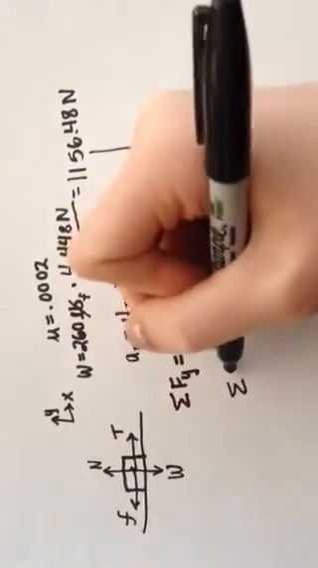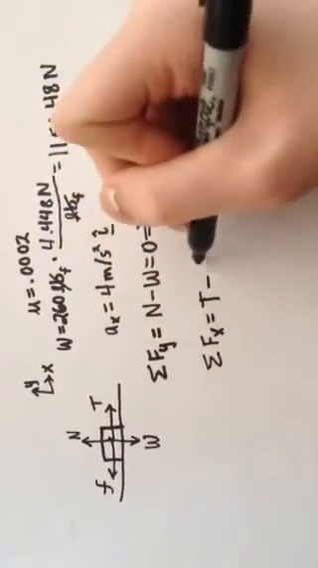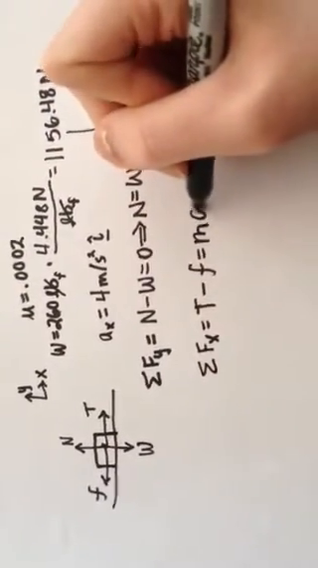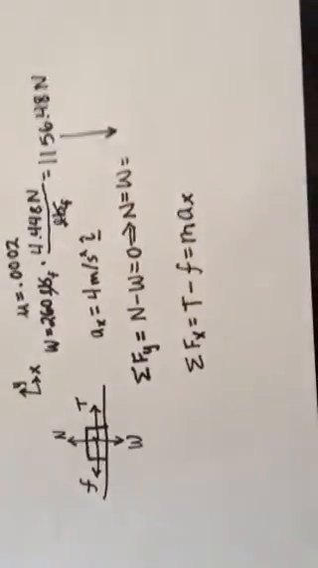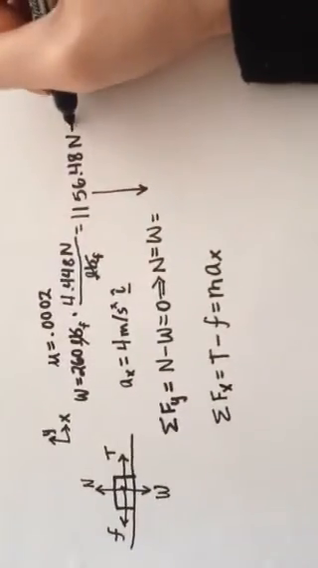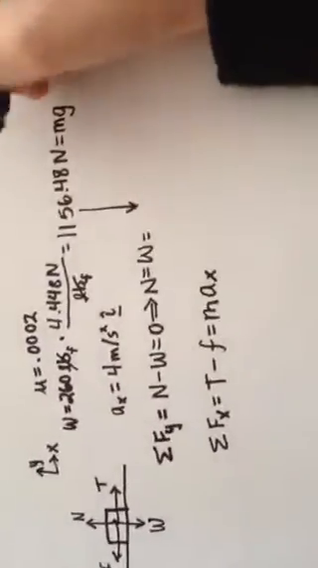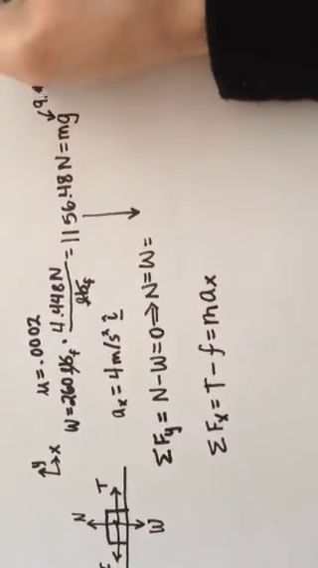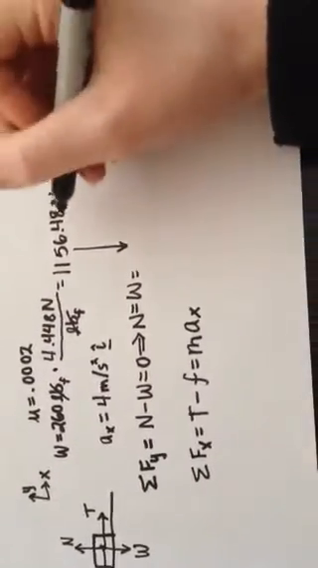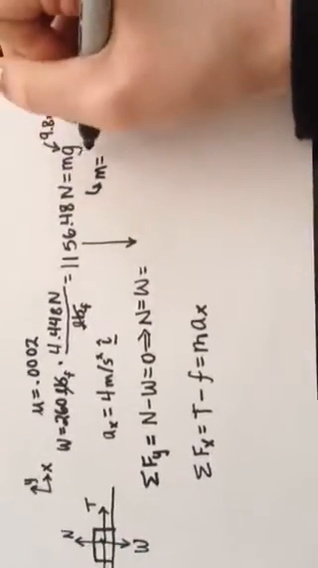So in the x, we do have an acceleration. It would be T minus the force of friction equals mass times acceleration in the x. And to find mass given a force, this is equal to the mass times the acceleration due to gravity, which is 9.8 meters per second squared. So we know what that equals. So to find mass, you just divide